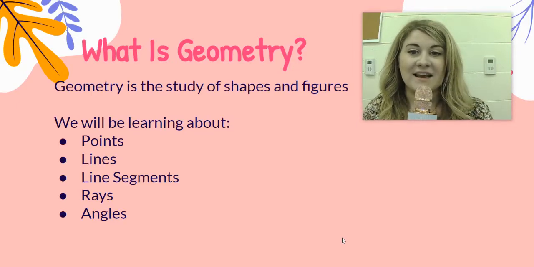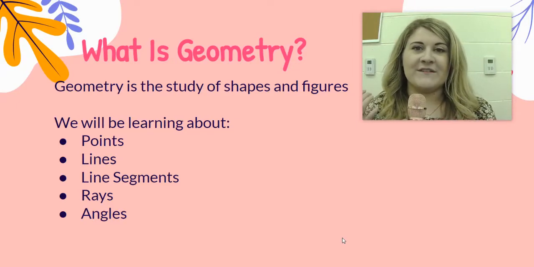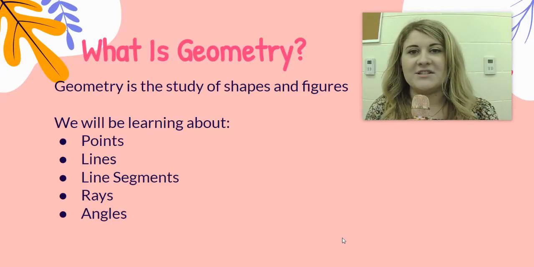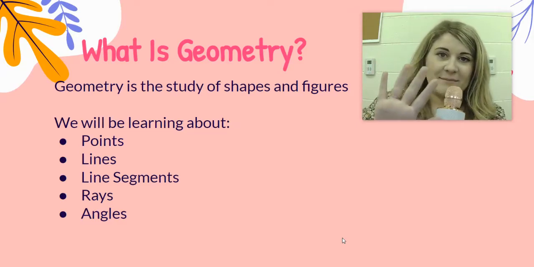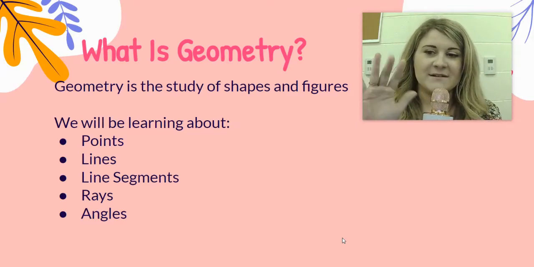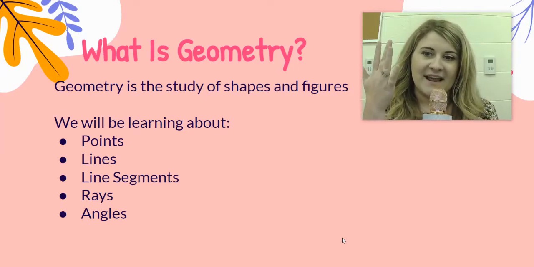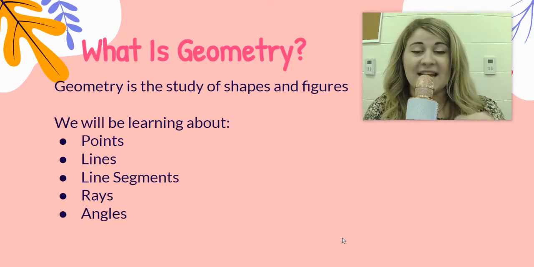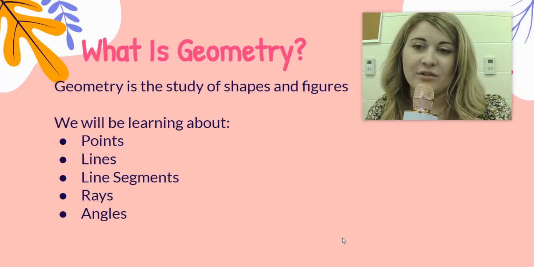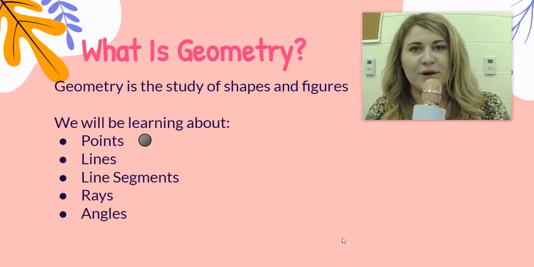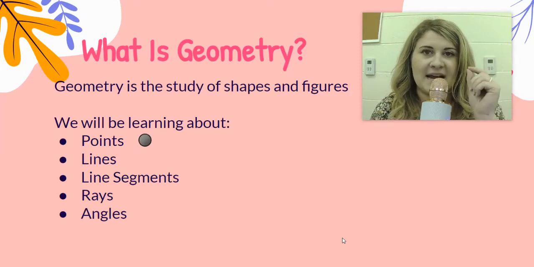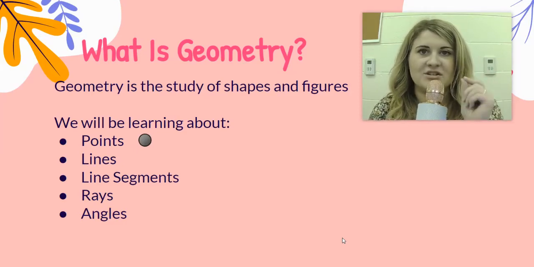Geometry is the study of shapes and figures. We've talked about polygons and different geometric shapes and different geometric figures. Our 5 main geometric figures that we are talking about have been points, lines, line segments, rays, and angles. A point is an exact location and it looks like a dot. You can use this in math to show an exact point on a number line to show exactly which point